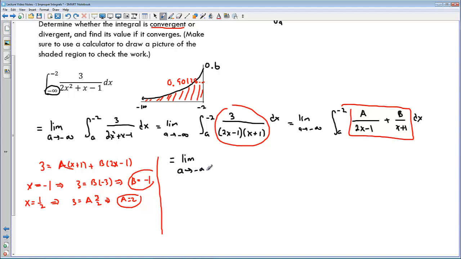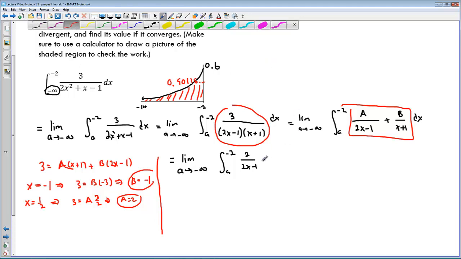There we go. And we have the integral from a to -2, and we plug in here, so a is 2 divided by 2x minus 1 plus, and let's make that a minus then. So this one's a minus, because b is -1, so it'll be minus 1 over x plus 1,